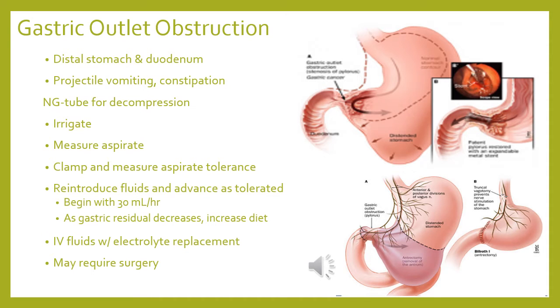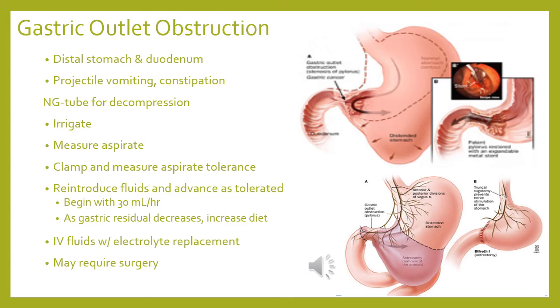Another complication is gastric outlet obstruction. This occurs in the distal stomach and the duodenum. It's caused from edema, inflammation, spasm, or scar tissue formation that obstructs the outlet where the stomach content would normally drain from the stomach into the duodenum. It makes me think of the pyloric stenosis babies because the problem is occurring in the same area of the GI tract,